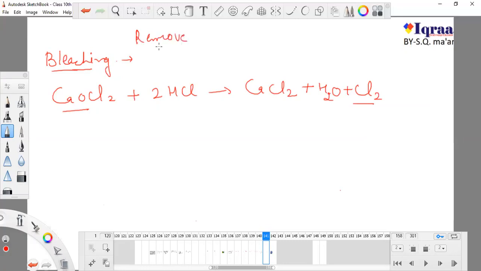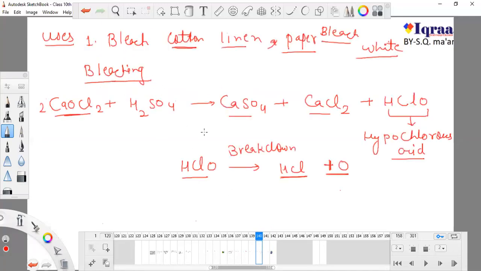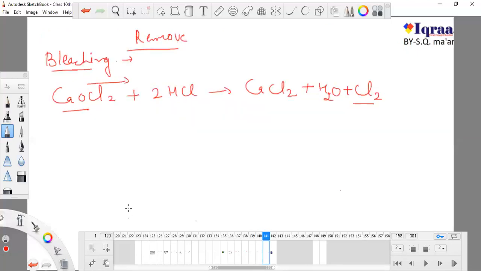They remove your original skin color, or the color of any paper, or the color of that cloth. It doesn't mean that they are making you whiter or fairer. It just removes the color. I will tell you how. Okay, so what should we do? This is the real process of bleaching. This is the process of oxidizing, which I will tell you after this.